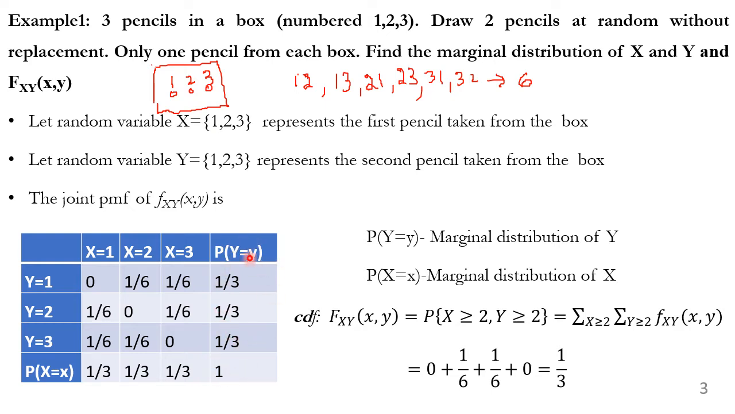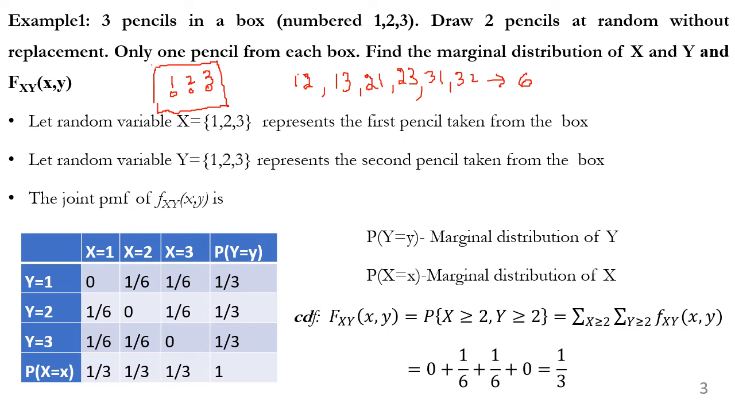Similarly, when I add all the values under the column, the probability of y equal to y, I get this as 1. Now let us calculate fxy of x comma y. That is probability of x greater than or equal to 2, y greater than or equal to 2. It is the summation of x greater than or equal to 2, y greater than or equal to 2, fxy of x comma y. So here if you observe,